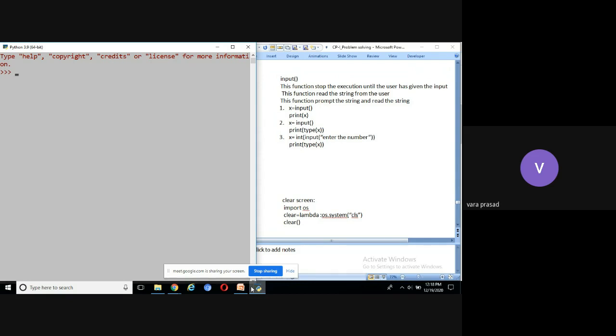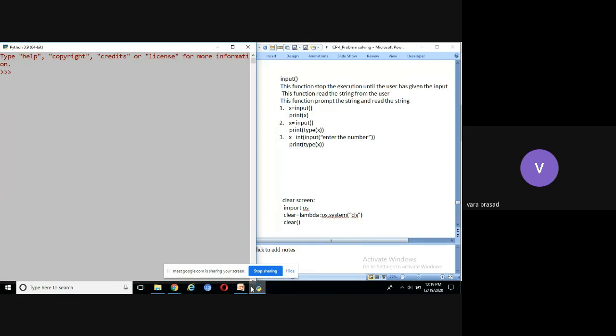What are they? Third question, what is a variable? Fourth question, what does the ID function do? Fifth question, what does the complex function do? These are the 5 questions. If you have the answer, you can unmute and give the answer.